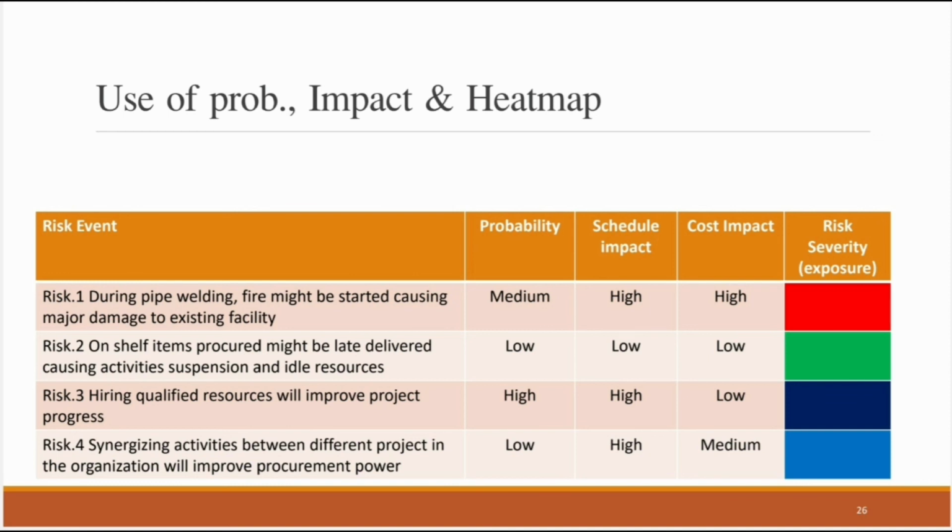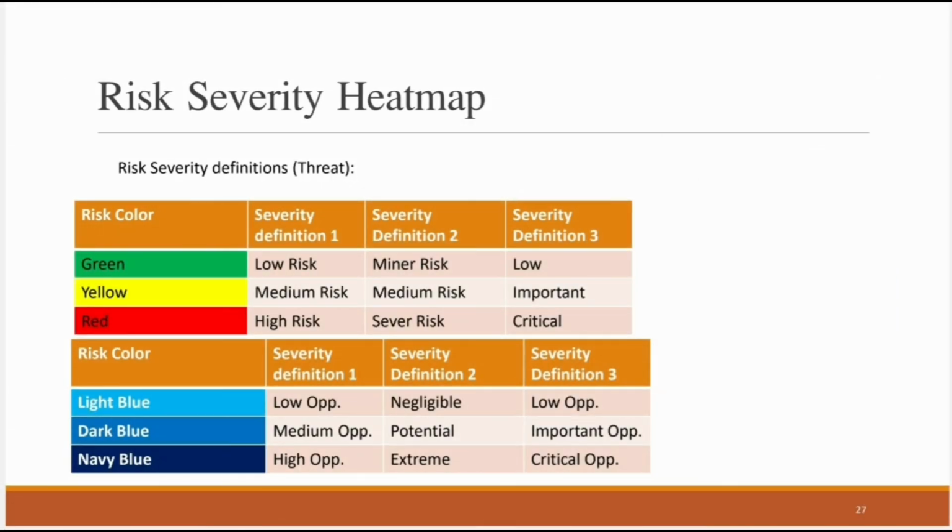What does that mean? We go back to the risk management plan and to what we defined earlier about what each color means. For example, we defined that navy blue is a critical opportunity, red is a critical risk, dark blue is an important opportunity, or an important risk, and low risk or important risk for green or light blue. So this is how we use the